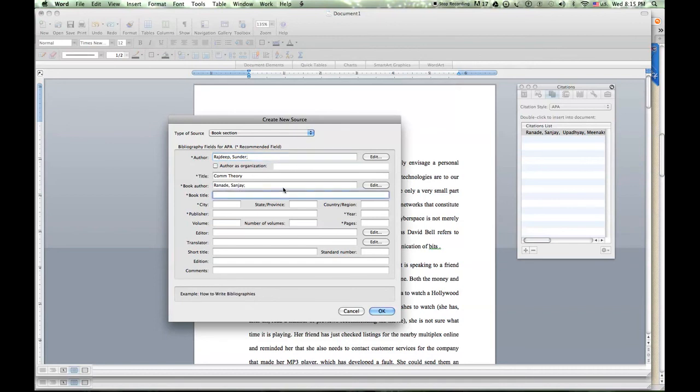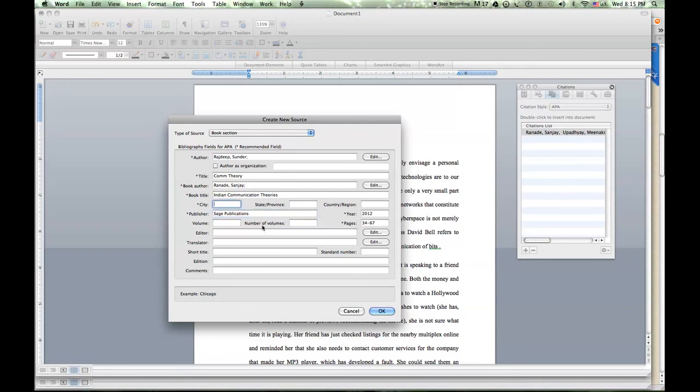And the book title is say Indian Communication Theories. That's it. Now, rest of the stuff you all know. 2012 is the publishing date. Page numbers of that particular chapter are say 34 to 67. Publisher is again I'm going to use Sage Publications.